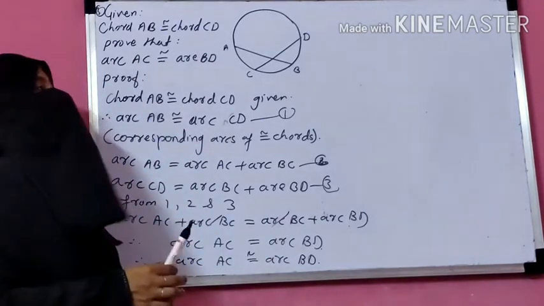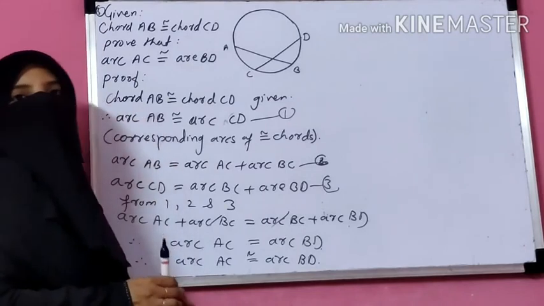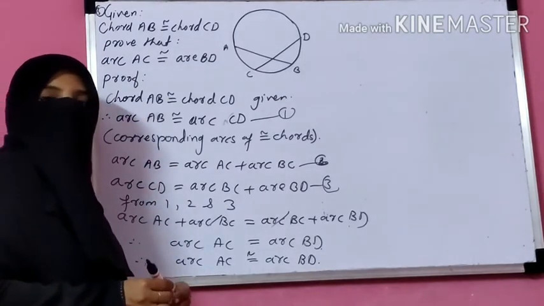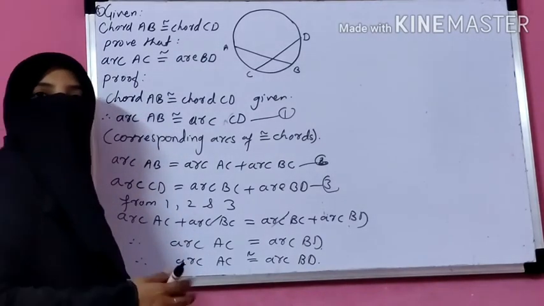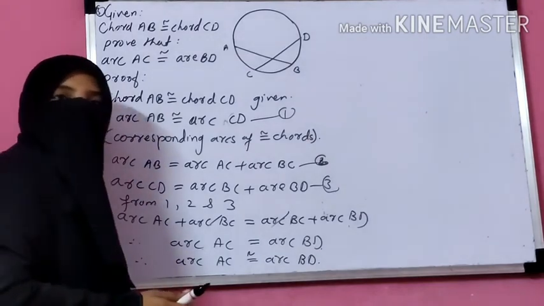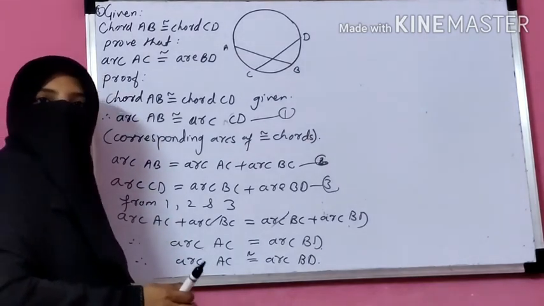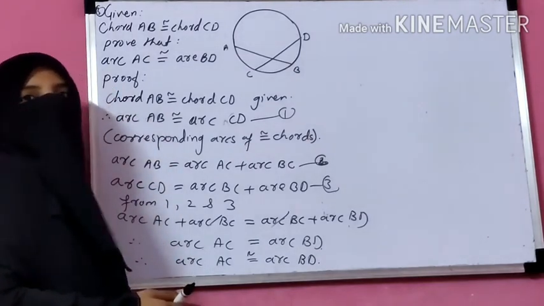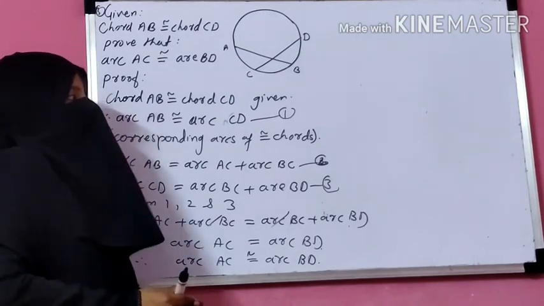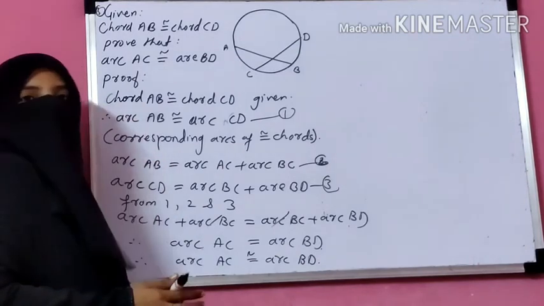Here we complete our practice set 3.3. In the next lecture we will discuss some theorems, that is the inscribed angle theorem and the cyclic quadrilateral theorem, and practice set 3.4. Prepare well, practice all the questions.